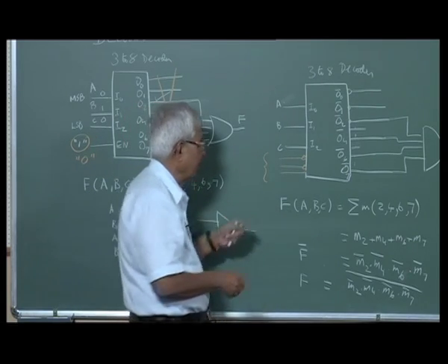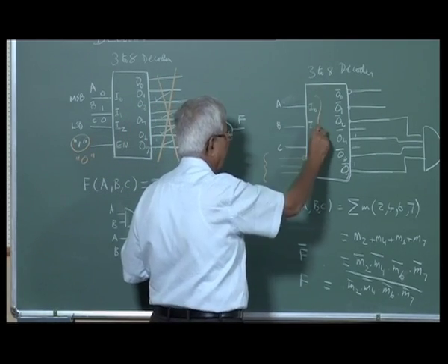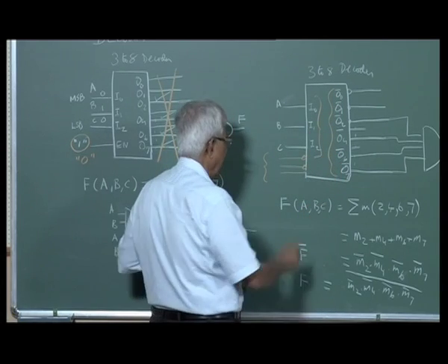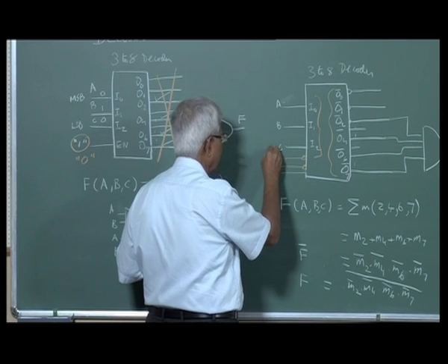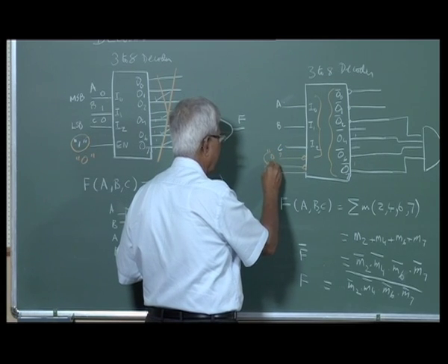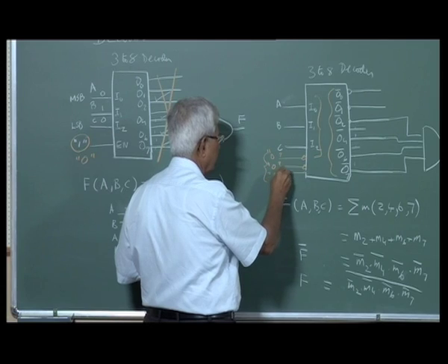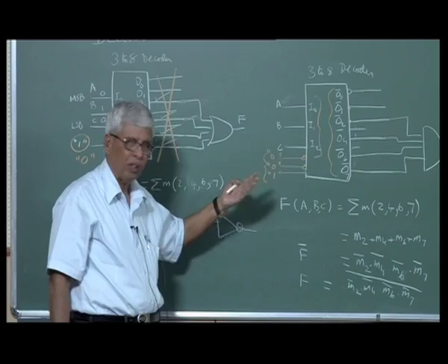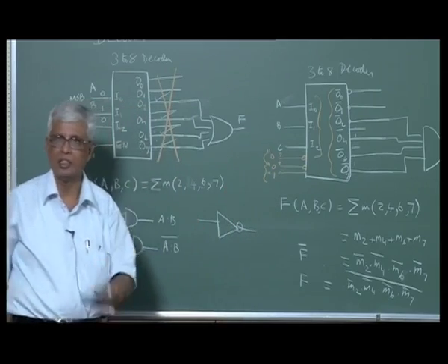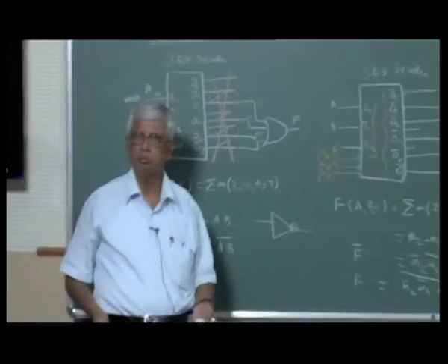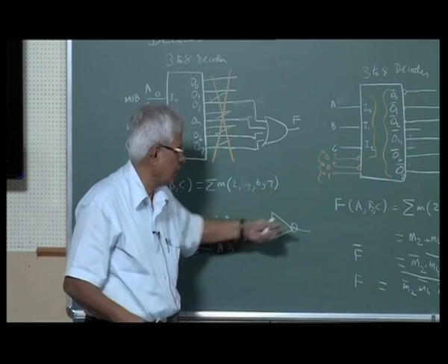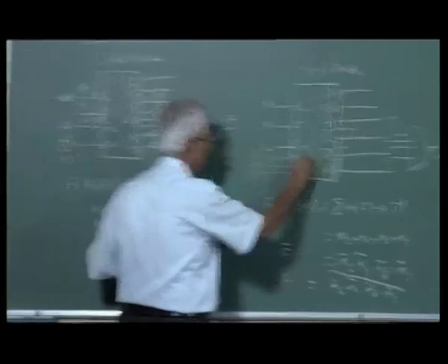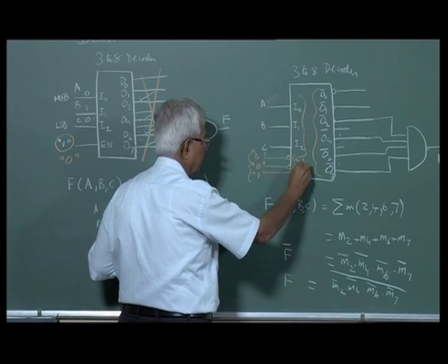In this case, if this IC has to work as per the requirement of 3 inputs and 8 active low outputs, I have to put a 0 here, 0 here and a 1 here. 0 is 0 volts or whatever is the low voltage for your IC, and 1 is 5 volts or whatever is the high voltage. It can be 3.3 and 0, 1.2 and 0, whatever. These are called enable signals. They are generally called G1A, G1B